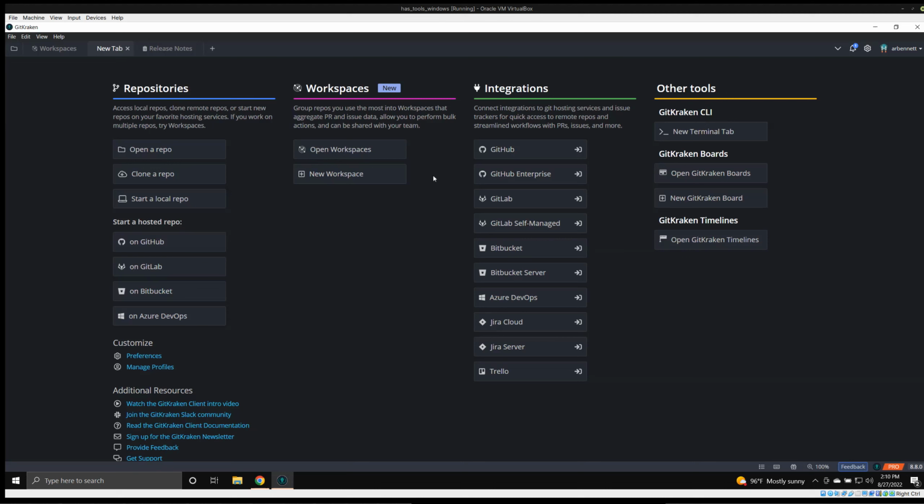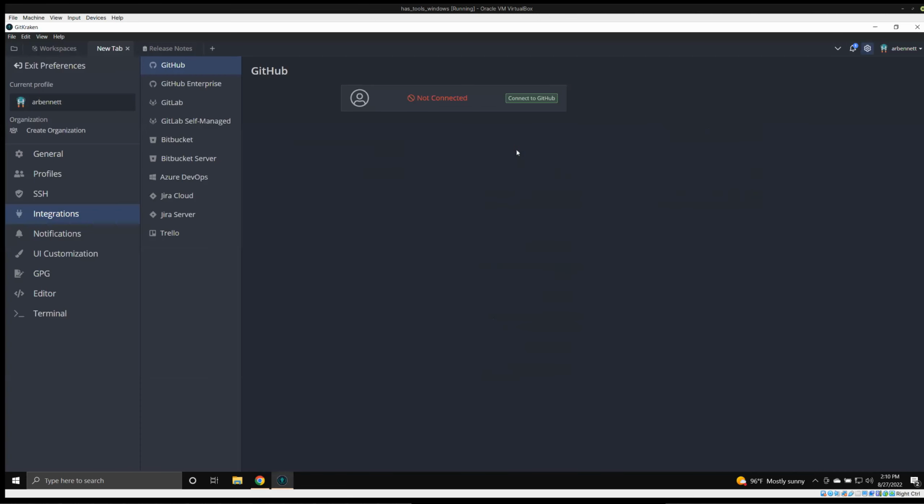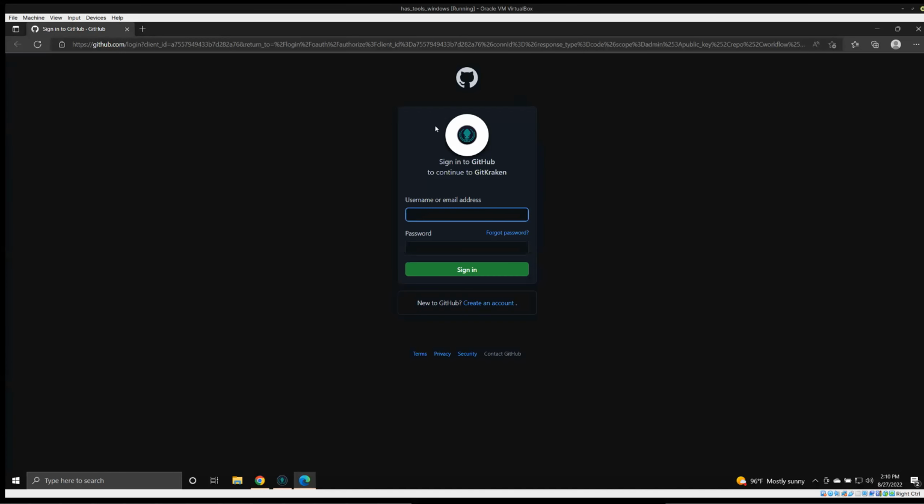But from here, the next thing that I would actually like us to do is connect an integration to GitHub. There are other services which provide similar sorts of services to GitHub that you can also integrate. So again, we're just going to have to sign in, and